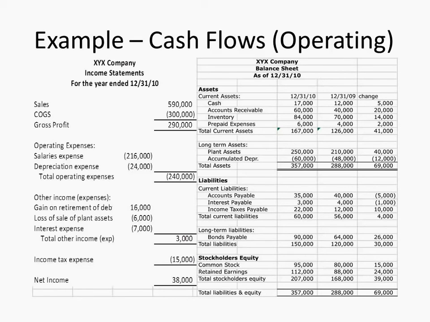So now you look at the current liabilities section. You have accounts payable. Did we address the change in accounts payable? Through what? Cost of goods sold. Interest payable. Did we address that? Through what? Interest expense. Income taxes payable. Did we address that? Through what? Income tax expense. Bonds payable. Did we address that? Why? Financing. Great. And same with stockholders' equity.